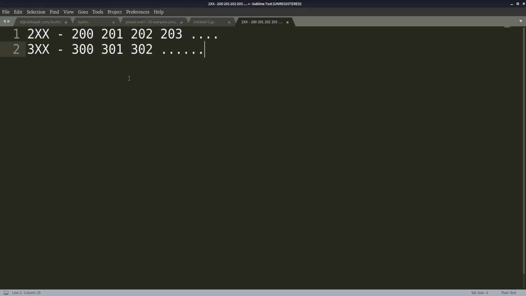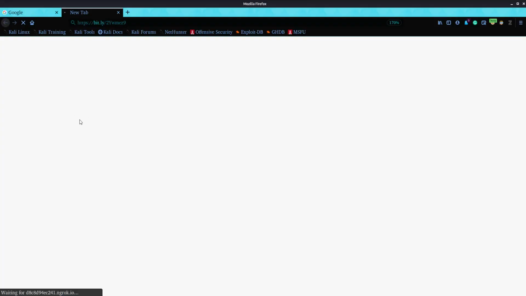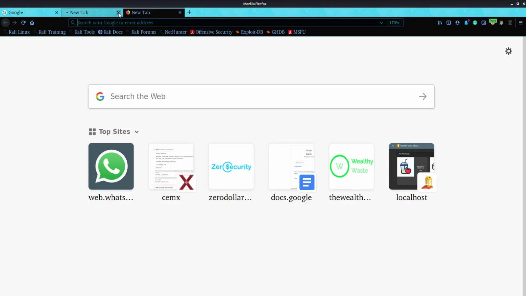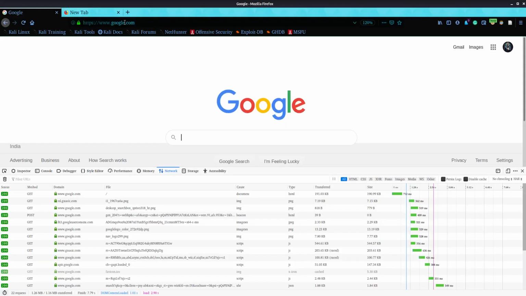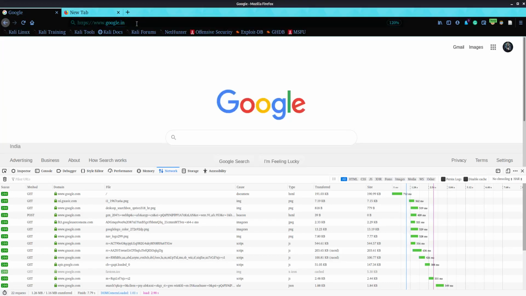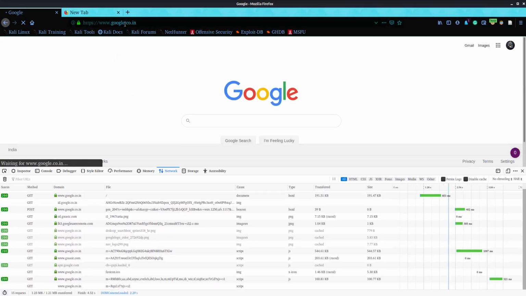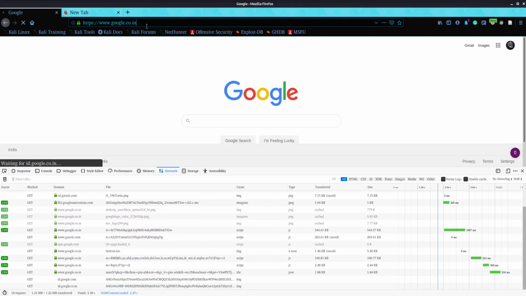So 3xx status codes represent that whatever we requested, before completing that request, we see a redirection. What does a redirection mean? A redirection means that we wanted to open something, but we end up opening something else. If I try to open google.in, I will see it is redirected somewhere else, that is .co.in.